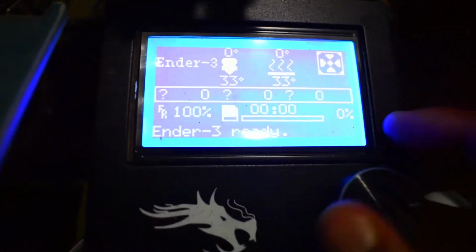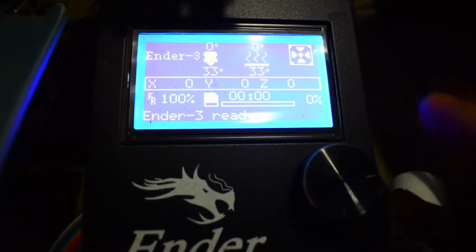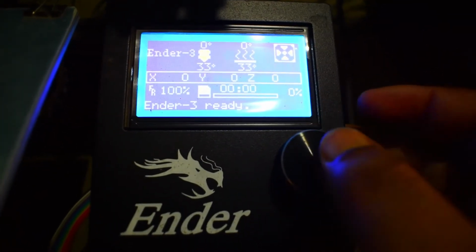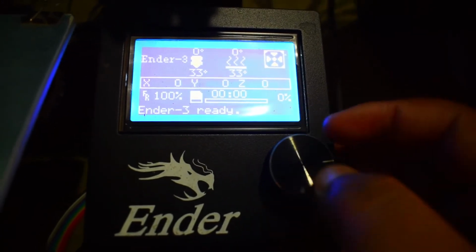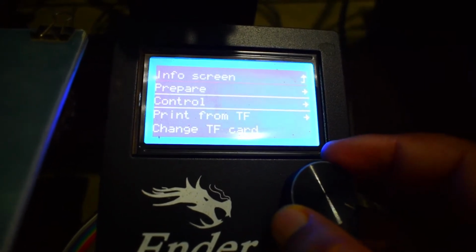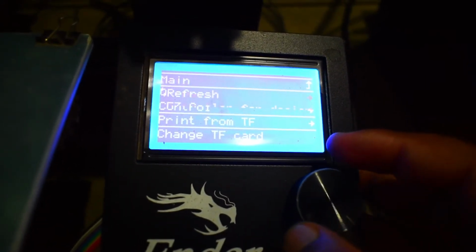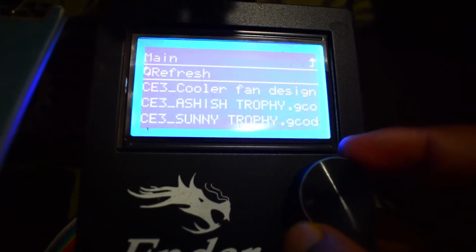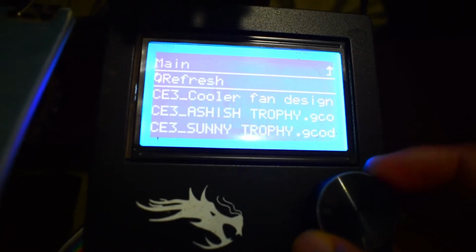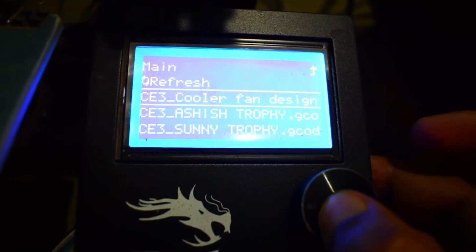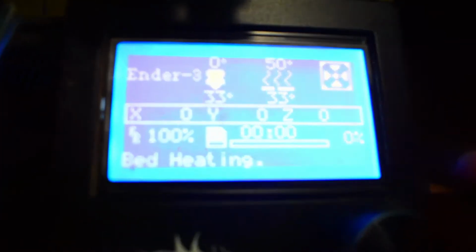Now what I have to do is select the model, and then give the command to print. In this Ender, you give commands using this rotary knob. So I'll go to print from TF, and the file we have just copied is showing as the first one, the cooler fan design. I'll press this knob,